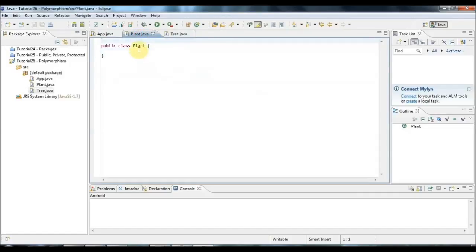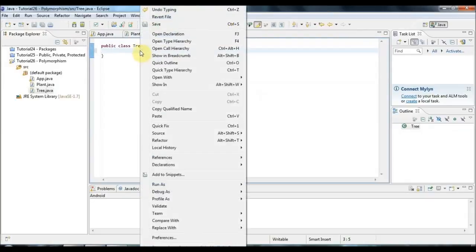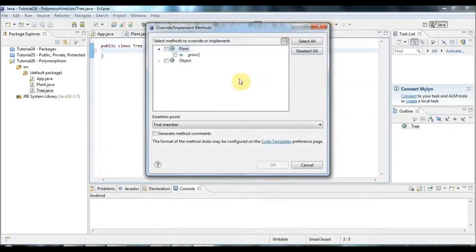Actually, all plants can grow, so I'll say public void grow, and I'll just leave it at that. In fact, I'll put a sysout in there, and I'll say plant growing, and let's give tree also a grow method. So I'll override the plant method in tree. I'll go to source, override implement methods, grow, and here I'll say